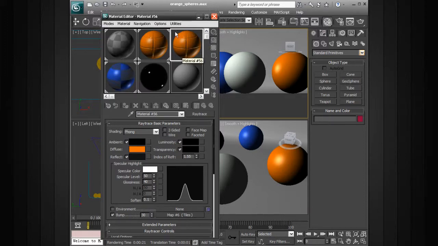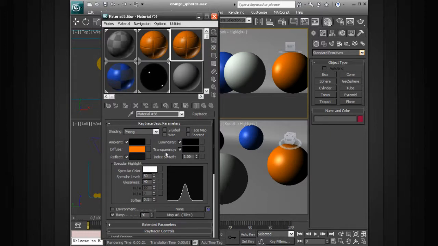Now this one, you'll know, is the duplicate because there are no triangles in any of these corners, which means this is not being used currently by anything in our scene. So now, all we'd have to do is take this and begin making modifications to it. Now this is one of these situations where, just like I mentioned a moment ago, you'll notice that this particular material that we're using, which is a ray trace material,